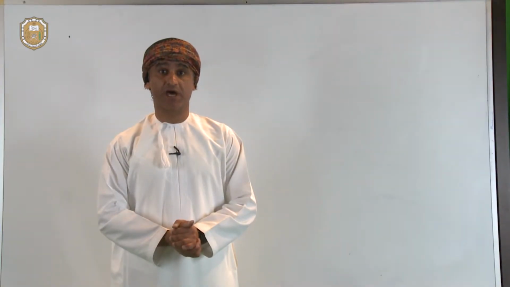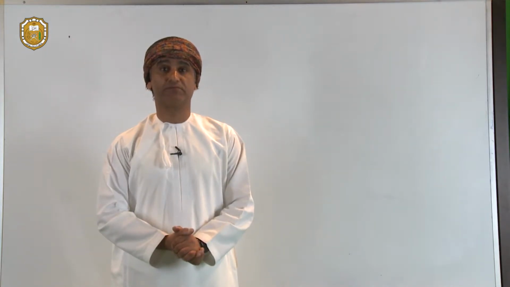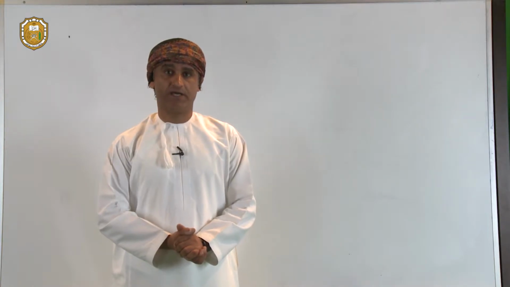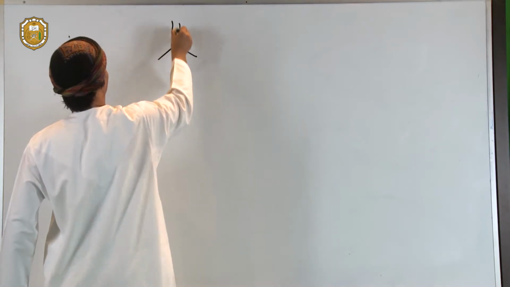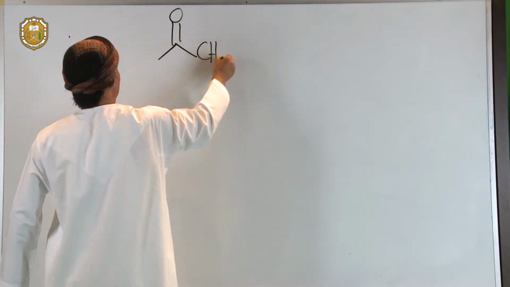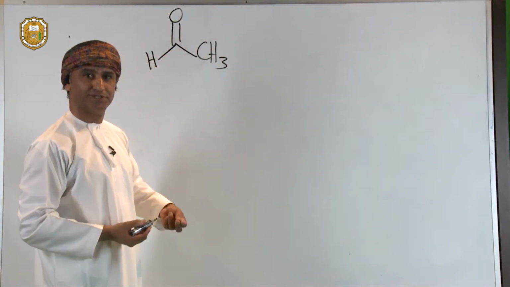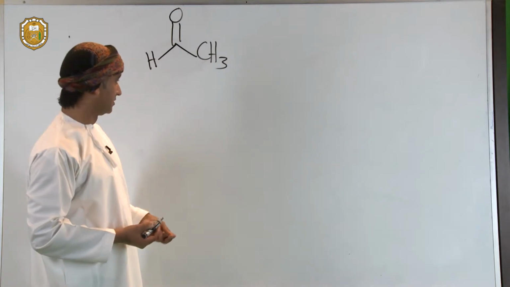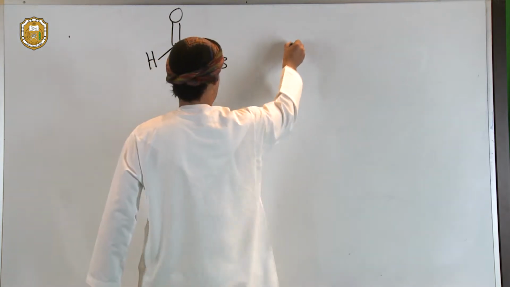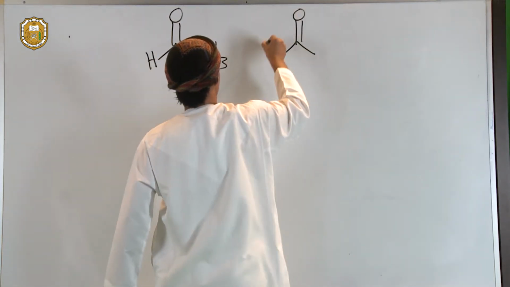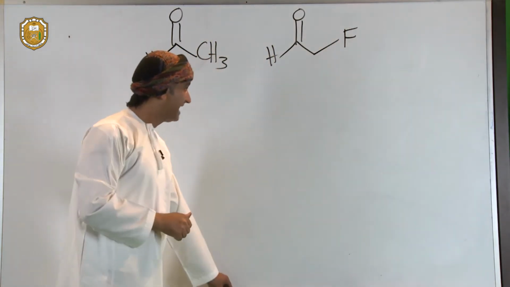What makes the carbon of the carbonyl group even more electrophilic is the presence of an electronegative atom on the alpha carbon. Let's take, for example, this aldehyde, acetaldehyde, and of course that carbon again is electrophilic due to inductive withdrawal and resonance withdrawal, and therefore it is susceptible to nucleophilic attack. If you compare that aldehyde with this aldehyde, which has a fluorine atom on the alpha